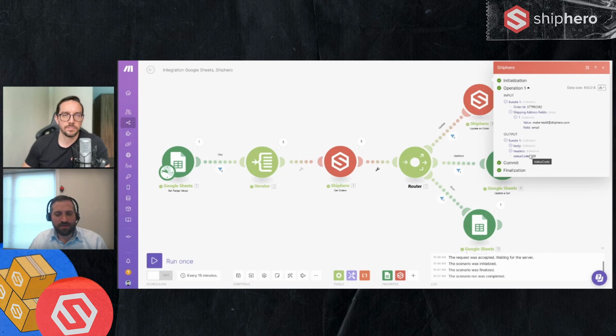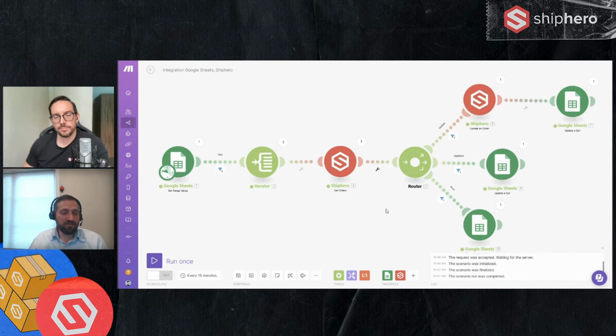If something weird is happening and you want to understand what's happening, you can go and actually see what Make did for each one of those operations. If there was an error, it'll show you that as well. So it would show you either the error from the API or some error in your configuration on Make. They make it really easy to dive in and see what actually happened when this scenario ran.